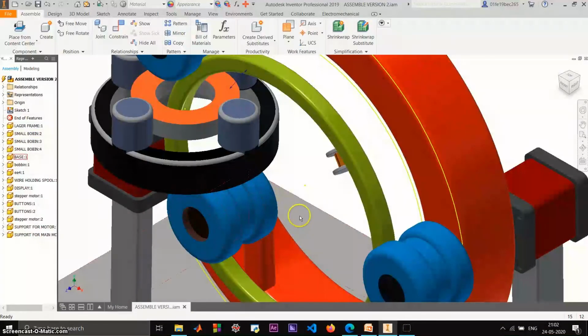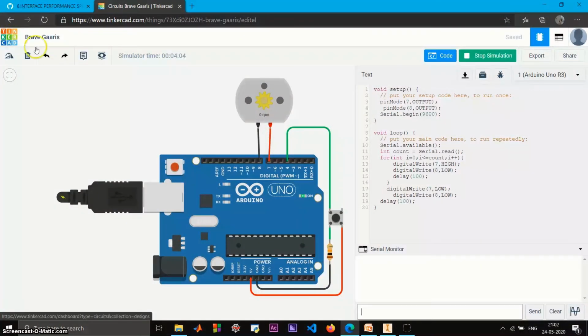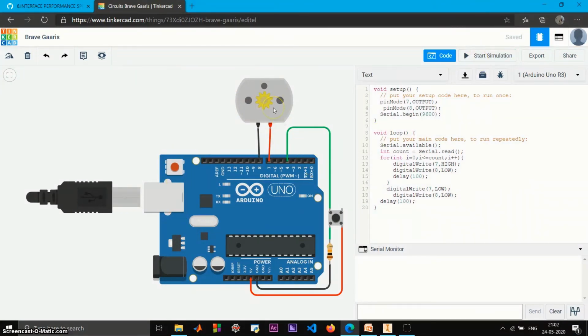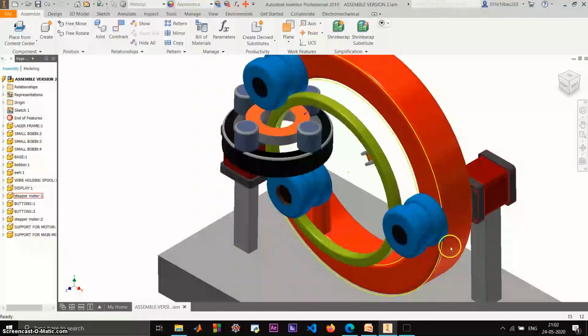This is the copper wire, and this goes inside this and makes rotations around this toroidal core. So now let us look at how the model actually works. This is the Tinkercad application. This is a simple circuit which consists of a DC motor, which is attached to the first bobbin. As you can see here, this blue bobbin is attached to a DC motor,